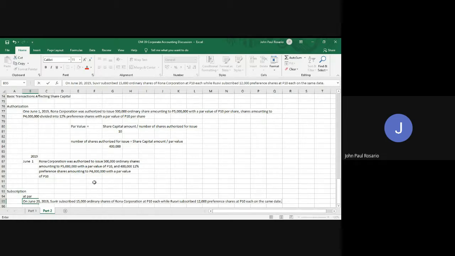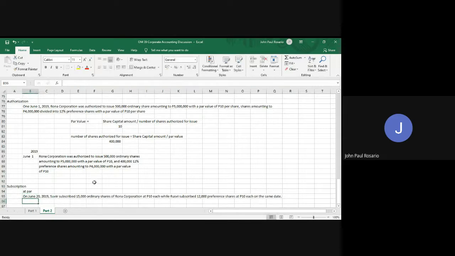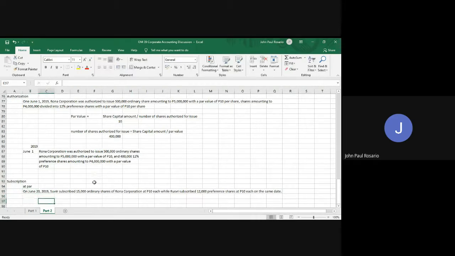Okay. So to record the entry of Suvir who subscribed to the ordinary shares of Rona Corporation, he subscribed at par value, meaning you have no share premium. So the pro forma entry is subscription,